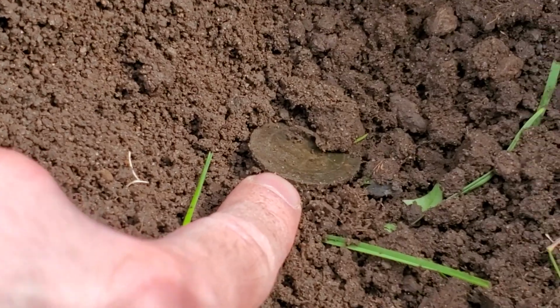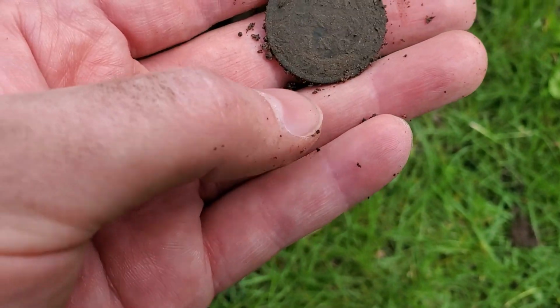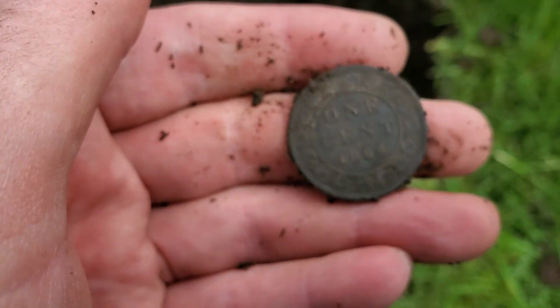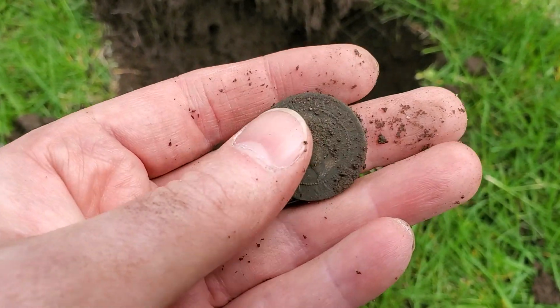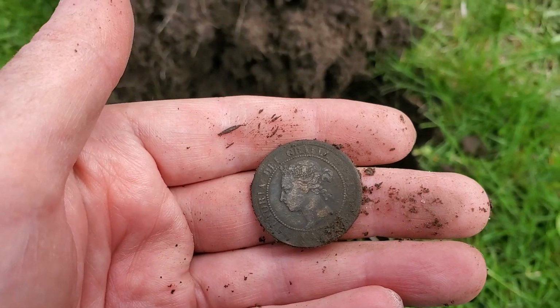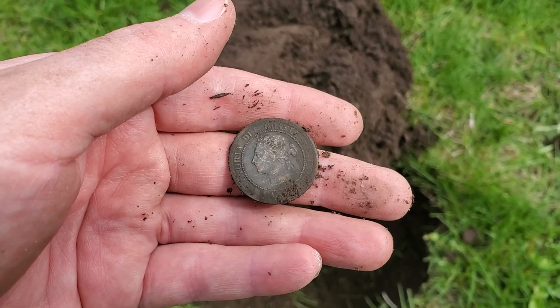That looks mighty round. Could be another large cent. Let's check it out. It is another large cent. When are you from? Oh, this one's earlier. It's 1888, which will make it Queen Victoria. Absolutely beautiful. All right, I'm going to do a quick cleanup on it before this mud dries up, and I'll